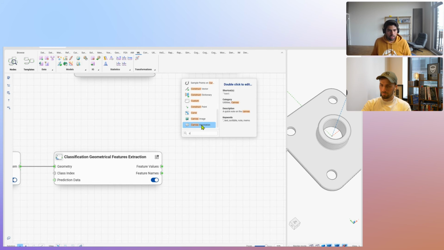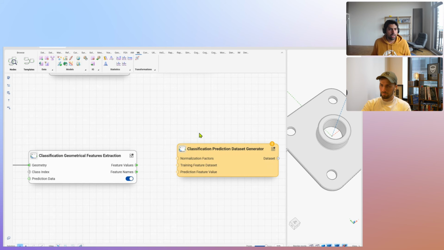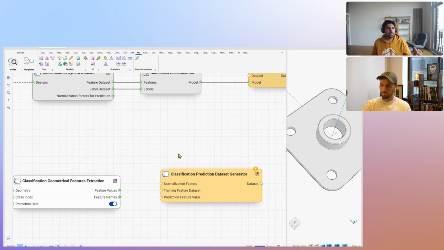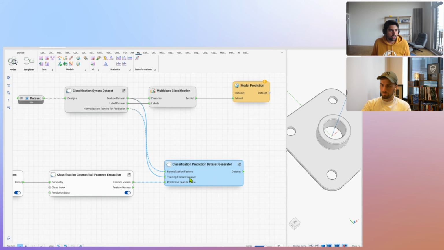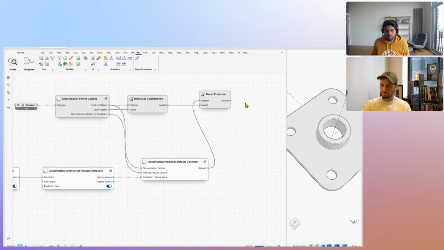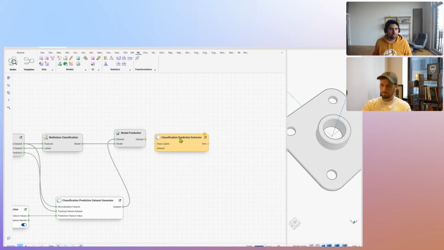Let me now do this prediction. Exactly. So what this logic does is basically it takes in this prediction data, uses the normalization factor, and basically creates a data set for prediction. So I just need my normalization factors. I need the training data set that I used, and then I need the prediction values from the feature, and now I can just predict them. So I have 4 columns, and then I can just extract or deconstruct this